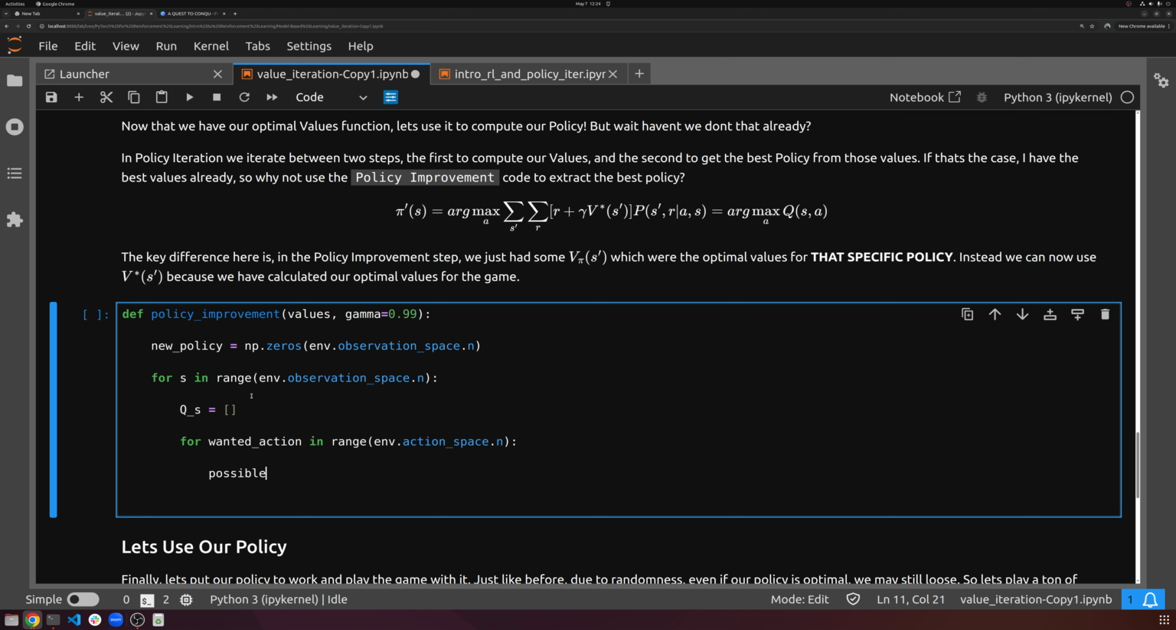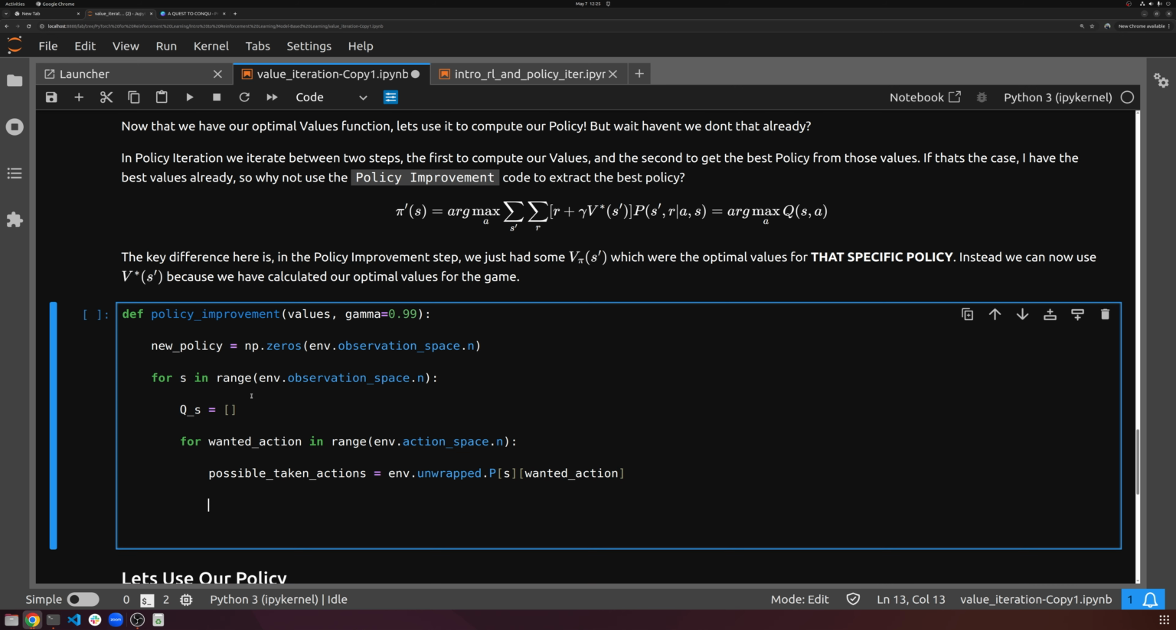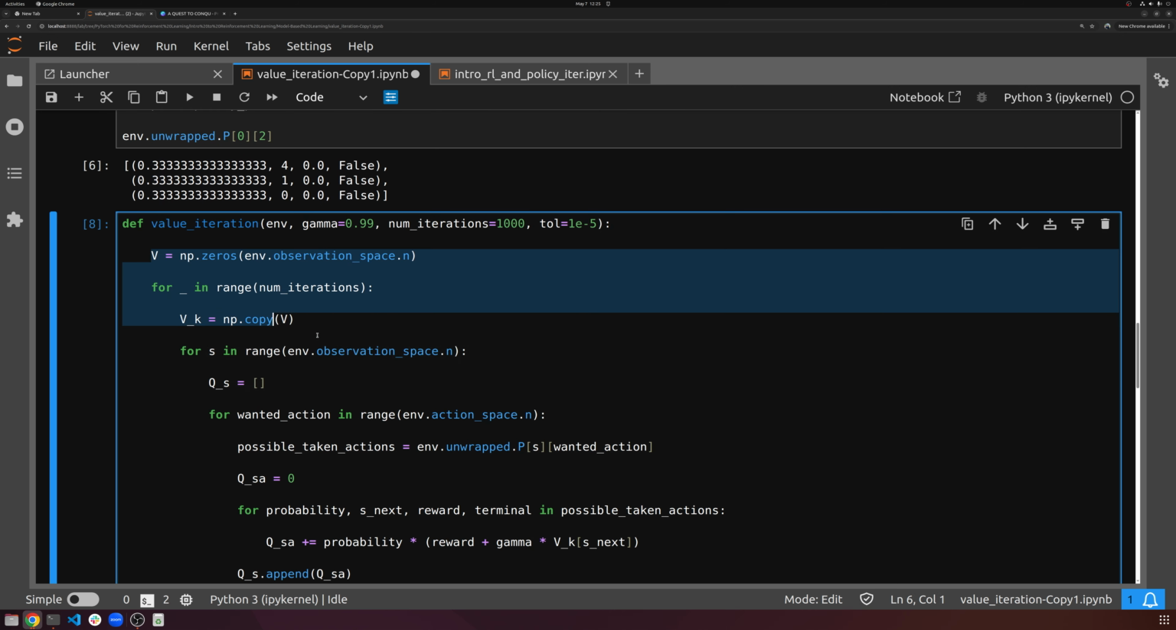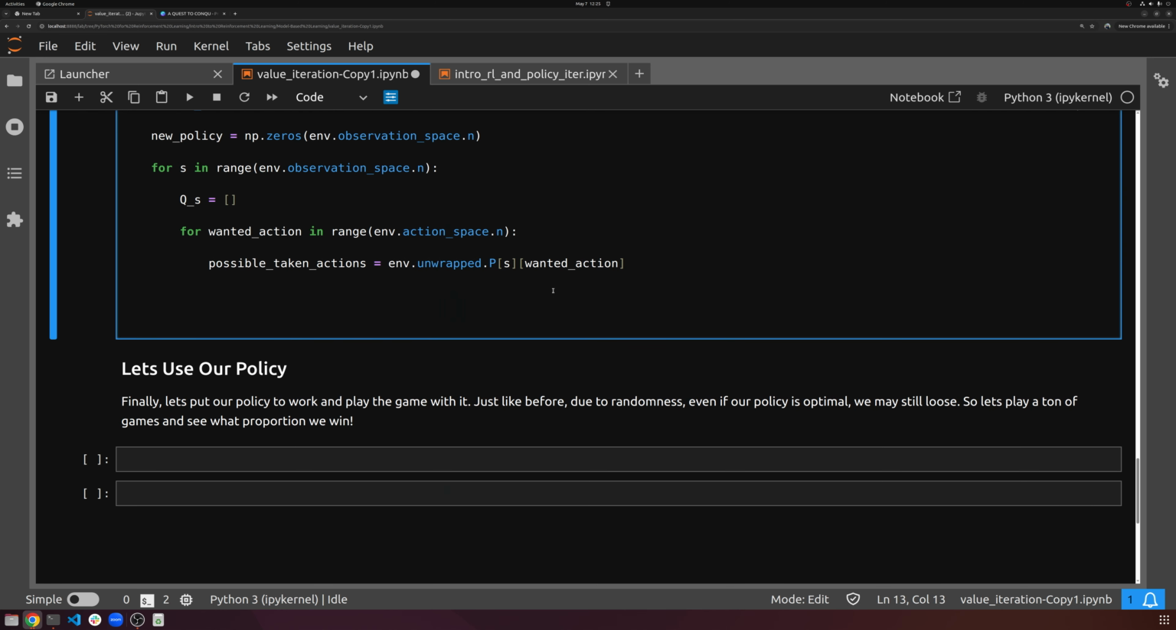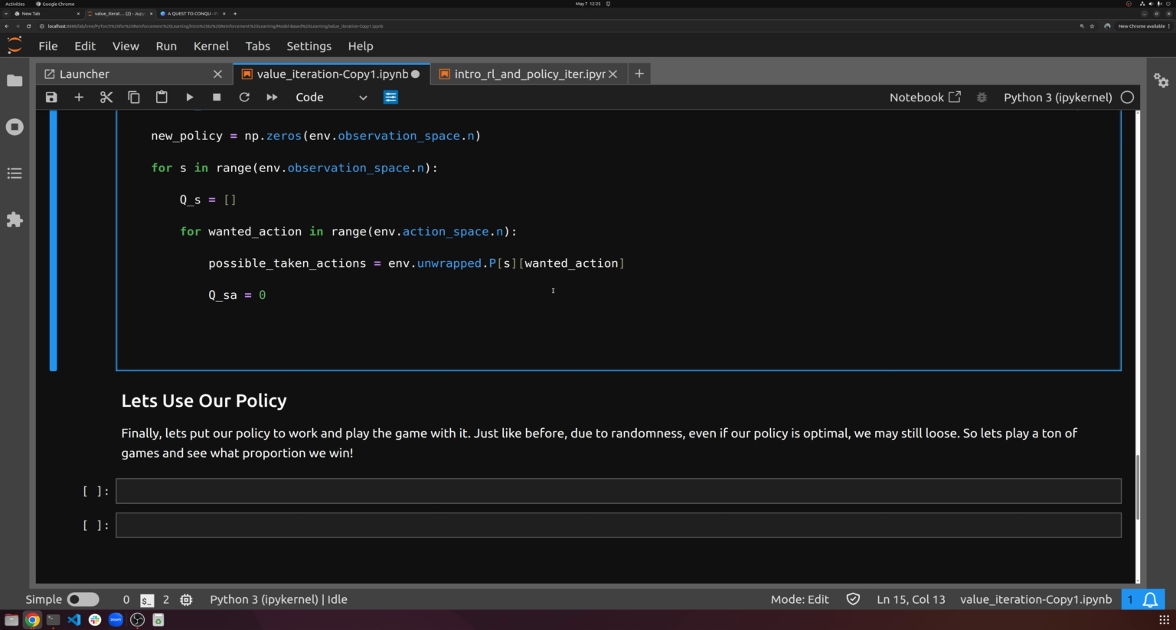And then we're going to do possible taken actions is env.unwrapped.p, again, for this state and for this wanted action. So no new code yet. This is looking exactly like what we had done before, right? From this step. Basically all this code is going to be identical, but I'll write it again anyway. And then for this specific state action pair, we're going to set it to 0 initially, and we're going to loop through all the possible transitions I could have made, even though I intended to take that wanted action. So for probability, next state, reward, and is the game over, in possible taken actions,